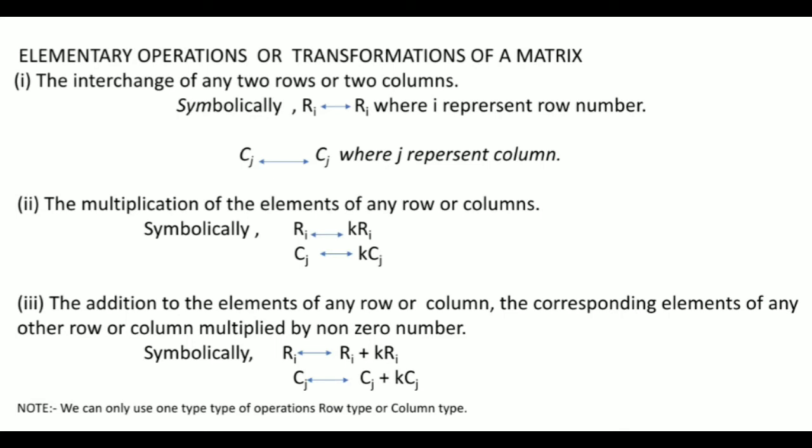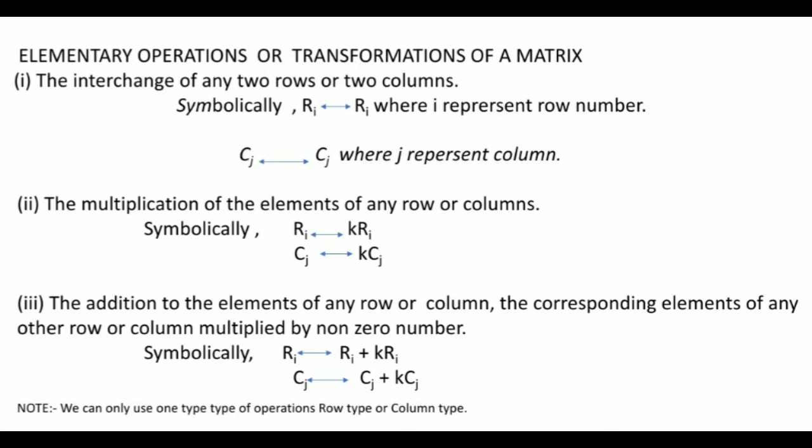So its answer is because these operations are used to find the inverse of a matrix. Because in the previous example which we studied in the definition of invertible matrix, B was already given, which is the inverse of A. But in actual problems we are given any matrix and we have to find its inverse. So by using these elementary operations we are able to find the inverse of any matrix.